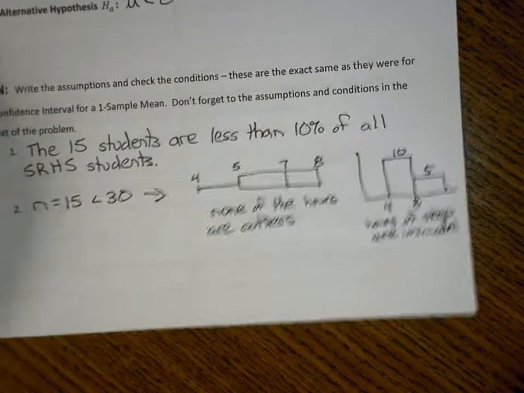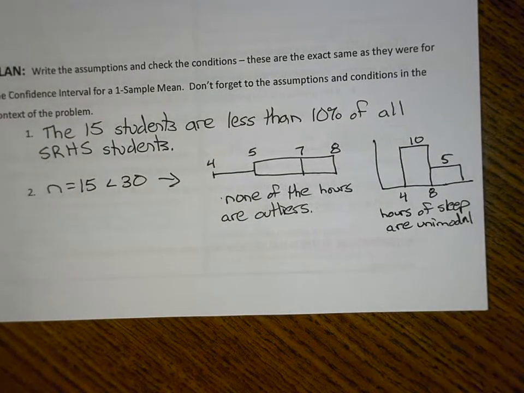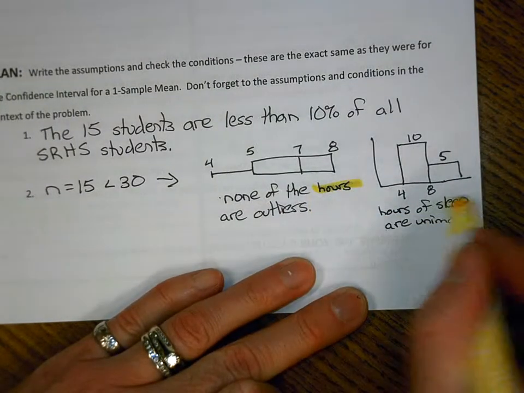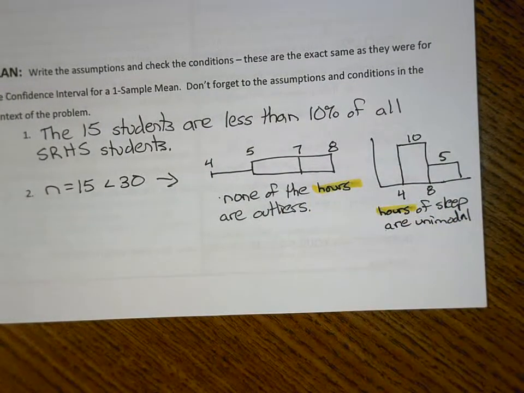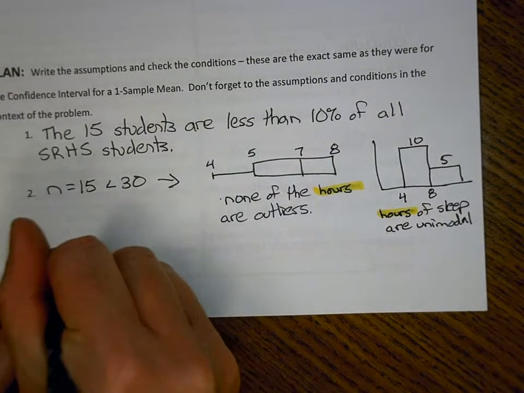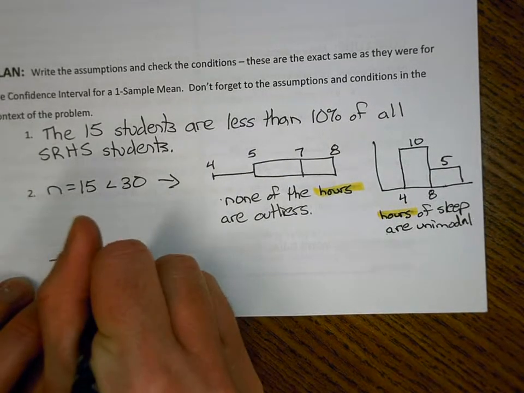So that checks off my second condition. Notice I threw the word hours in there. That checks off my context part. If you don't put the context, your grade has to get knocked down from an E to a P. Not good. Then make sure that you say with conditions met,